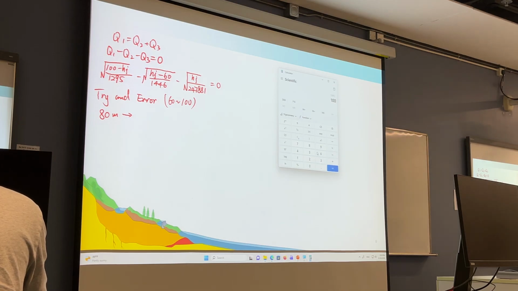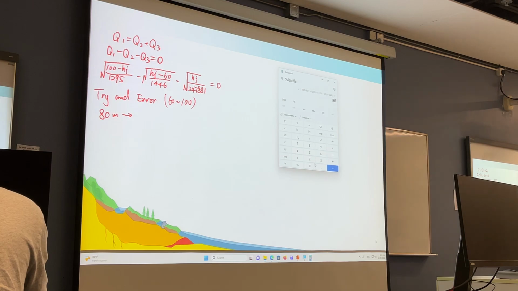100 subtract 80 divided by 1295, and I think that should be another, okay, 2 bracket 100 subtract 80 and divided by 1295, close bracket, square root, and subtract another double bracket, 80 subtract 60 divided by 1446, close bracket, square root, and subtract by this one,